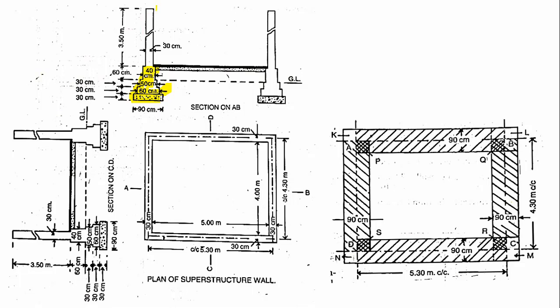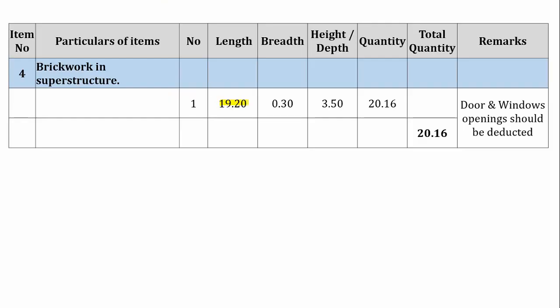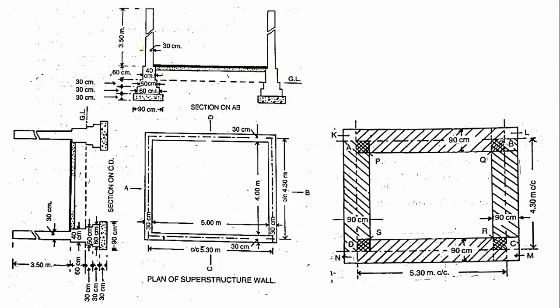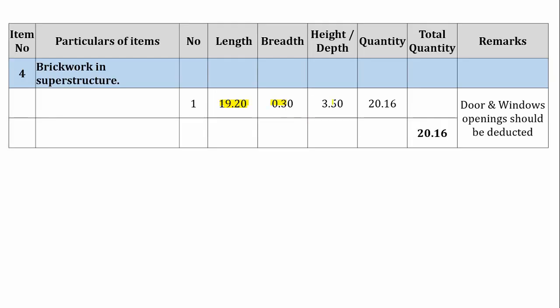Then next, we'll try to calculate the brick masonry works. So again, same thing, length will remain the same. Why? Because the number of junctions is 0. Next comes breadth and depth. Breadth you can see here is 30 centimeters. Height is 3.5 meters. Breadth is 30 centimeters. Depth is 3.5 meters. If you multiply, you get the answer as